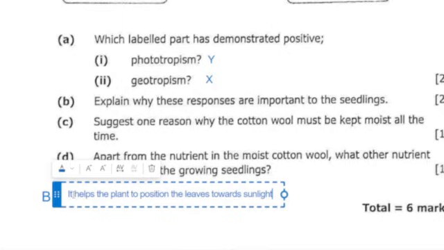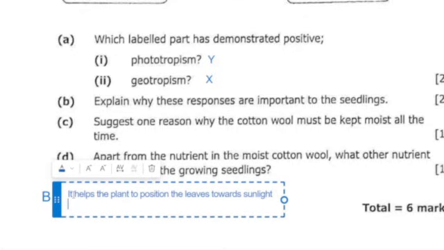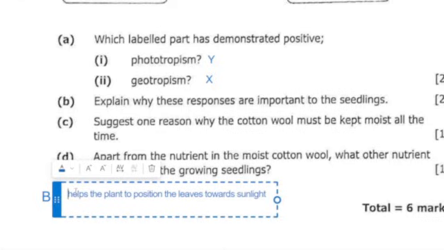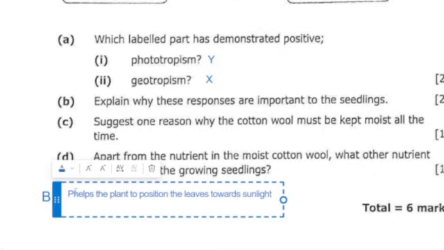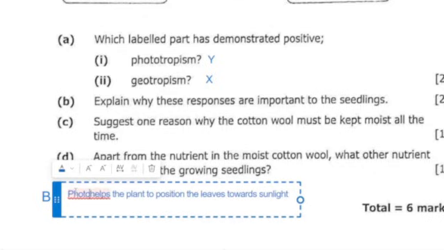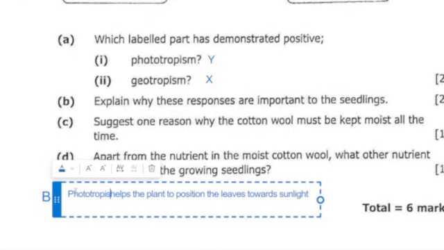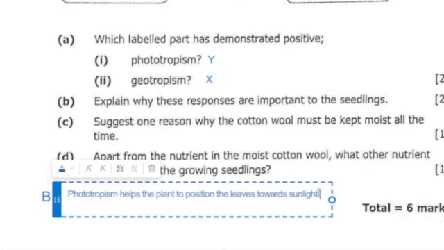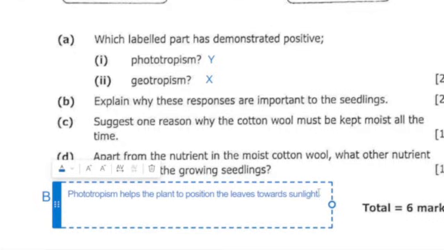The other one is, let me be specific here. Since there are two processes, it might be difficult for one to identify which one I'm talking about. So I'm saying phototropism helps the plant to position leaves towards sunlight, which facilitates photosynthesis. Then geotropism